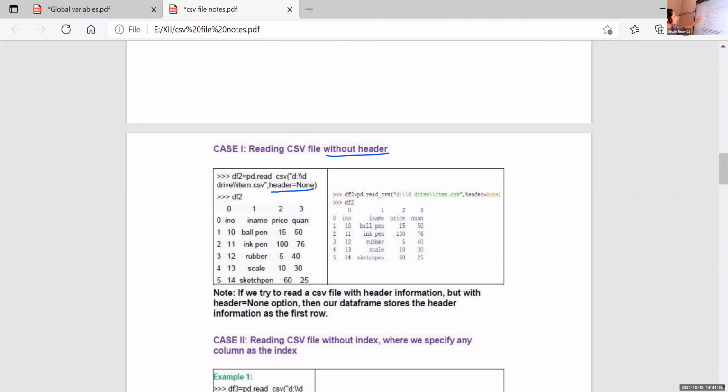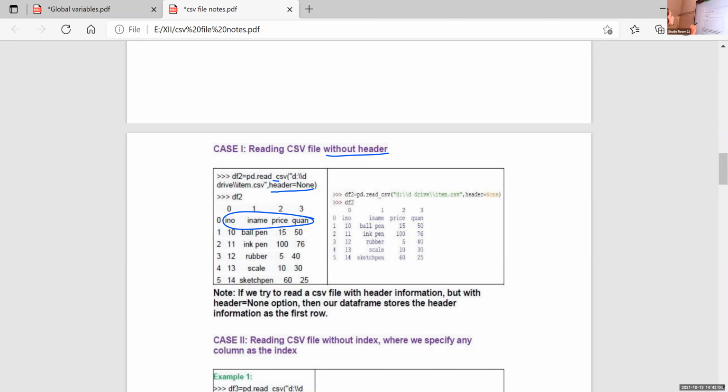df2 is equal to pd.read_csv. First give the location, comma, header equal to None. If we give header equal to None, this header value is used as the first row. And the column headings are the default headings, that is 0, 1, 2, 3.